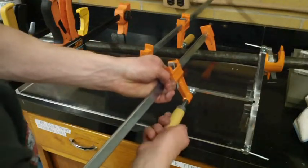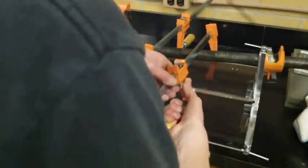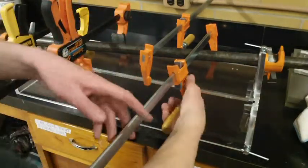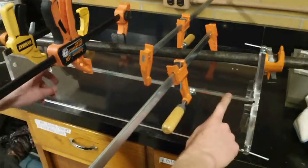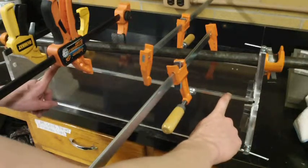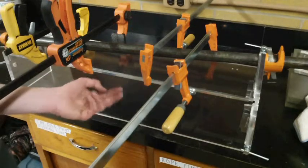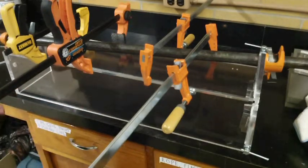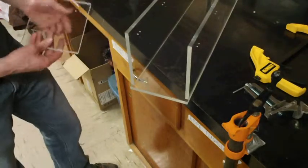And you may notice that in some areas the glue might not go through all the way to the other side. That's okay. Once this has set in about 10 to 15 minutes, we can go through, remove the clamps, and then add the glue back through the other side. That way we have a more complete seam. Ready? Okay, so